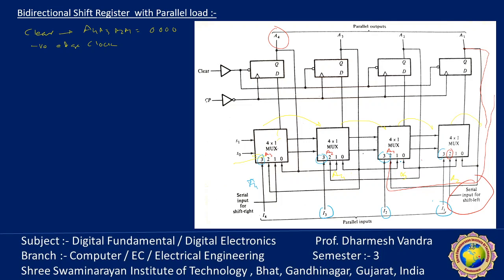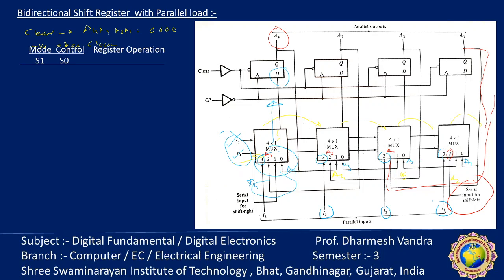Now the 0 operation is the same. Suppose here the 0 is connected to A1, here A2, A3, A4 for stability. Whatever the previous output is remains the same. And 1, 2, 3, 4 are selected by switches S1 and S0. As we know, in a MUX, S1 and S0 decide which input line out of these 4 is transferred here as the D input. It is decided by the switch value of S1 and S0.